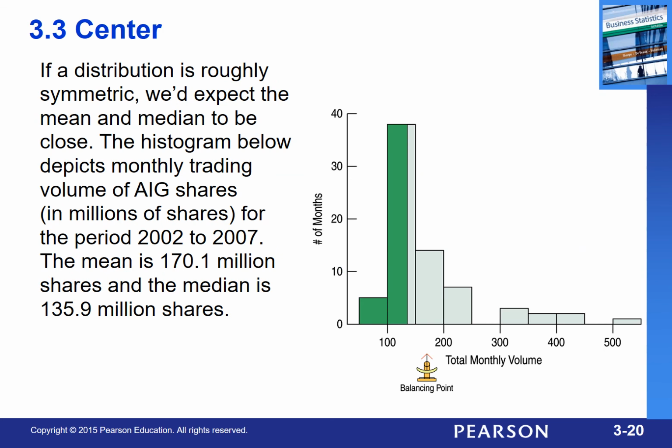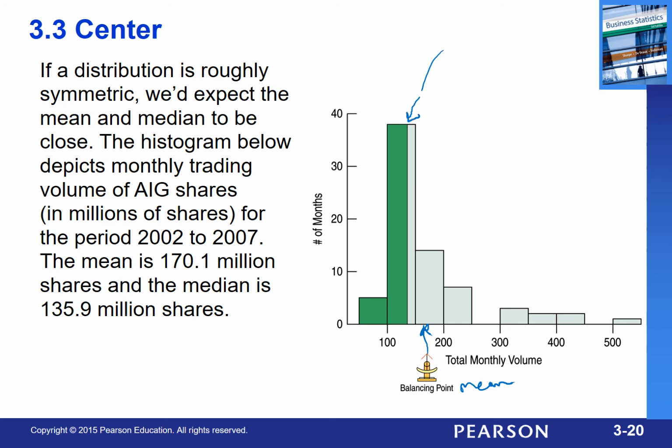Okay, so here is the AIG volume of shares from that same time period. On here I've placed the relative balancing point of this data. It's about here-ish, and that's where the mean would be. And then over here I've sort of colored this in a suggestive way to tell you where the median is,